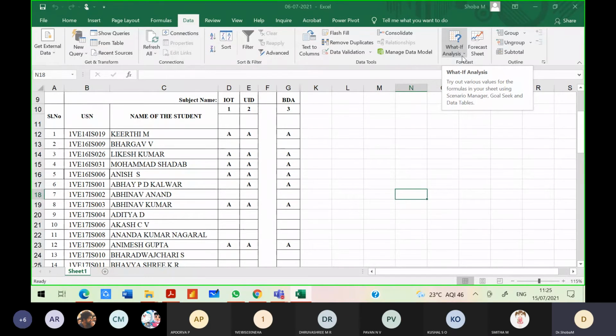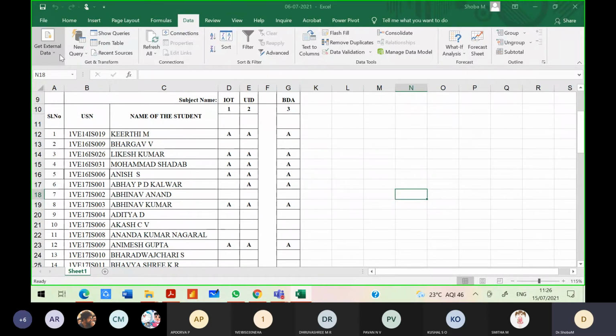For that particular parameter, if certain values are changed, what is the outcome, or how does it affect other things? That can be analyzed here. So What-If Analysis is there. You can group some of the data, you can ungroup some of the data, you can create a subtotal as well. When I project the subtotal, it gives me an explanation like: quickly calculate rows of related data by inserting subtotals and totals, right?